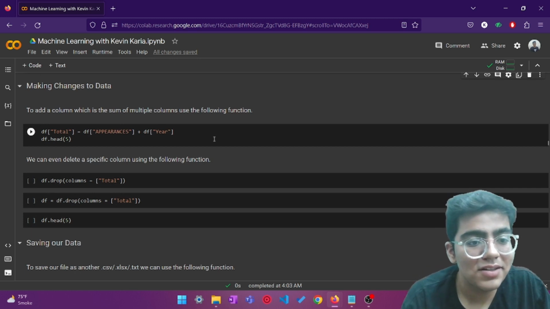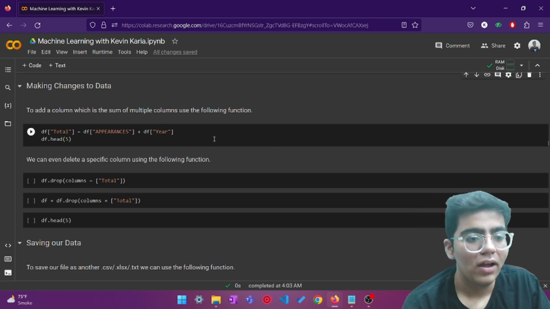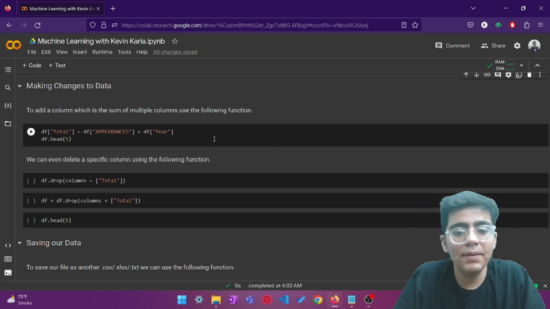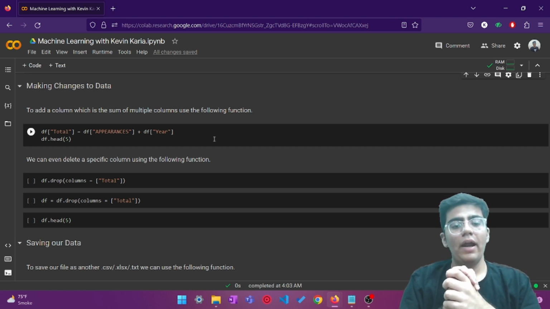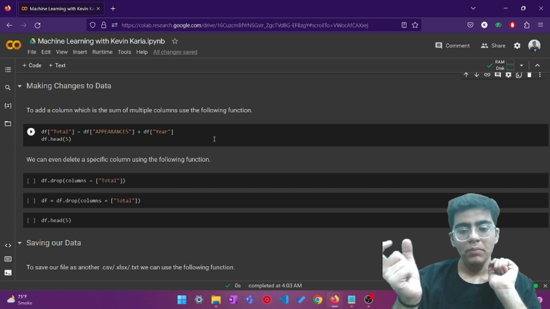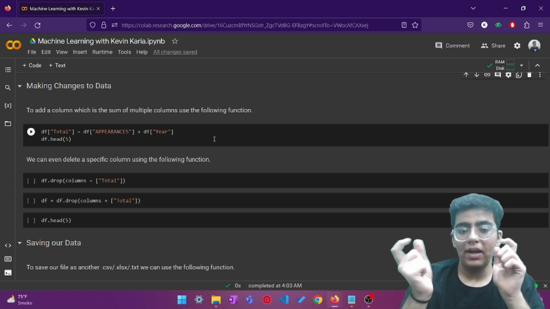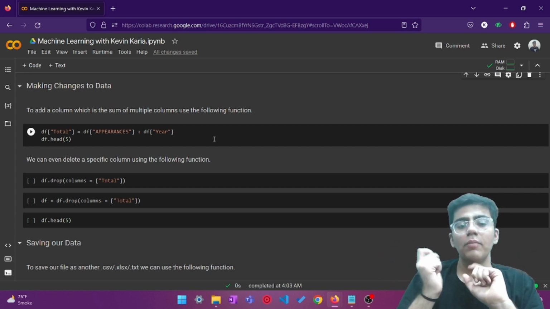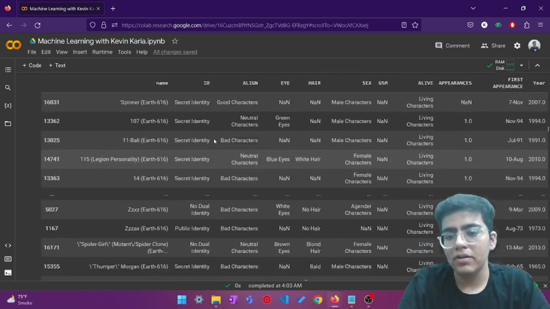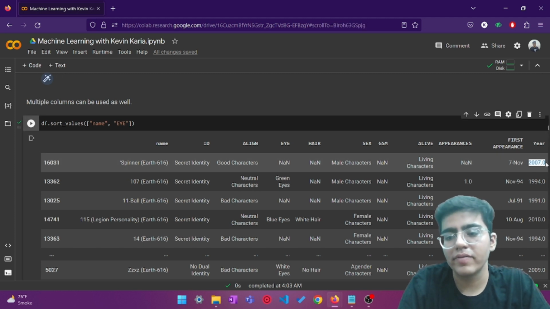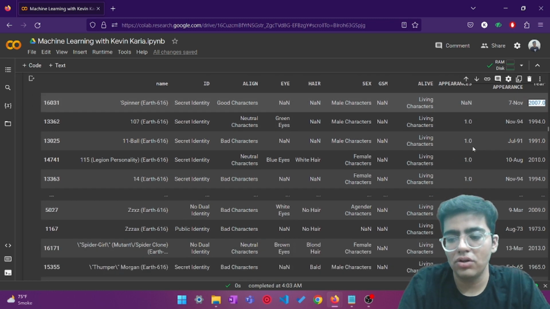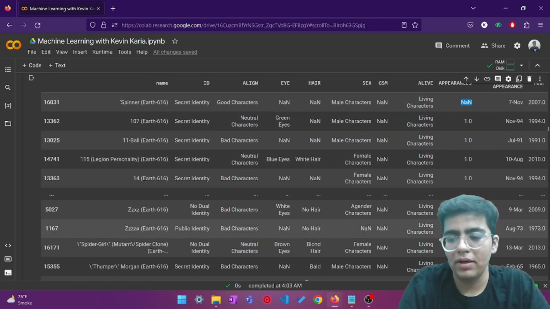Now let's say you want to make changes to data. Let's say I want to add another column into the data frame, and that should be the sum of the year that they first appeared in and the number of appearances that they have made. So over here, as you can see, let's take Spinner. He appeared for the first time in 2007, and okay, let's ignore that. Let's take